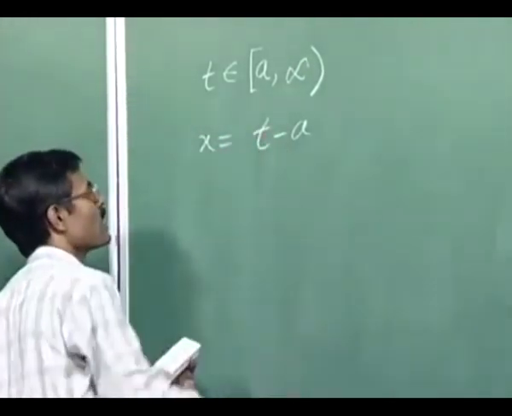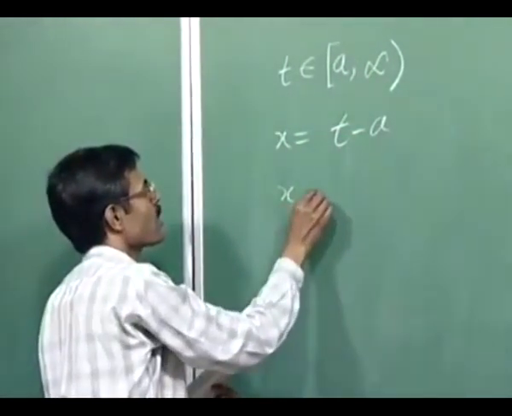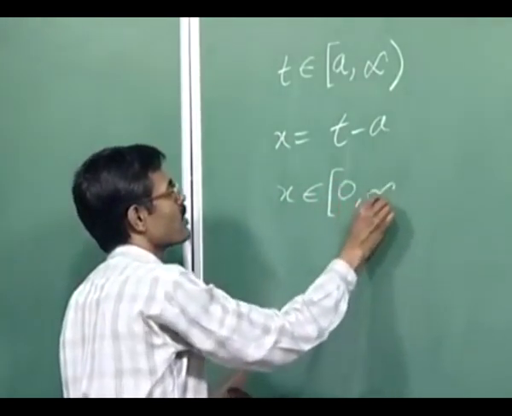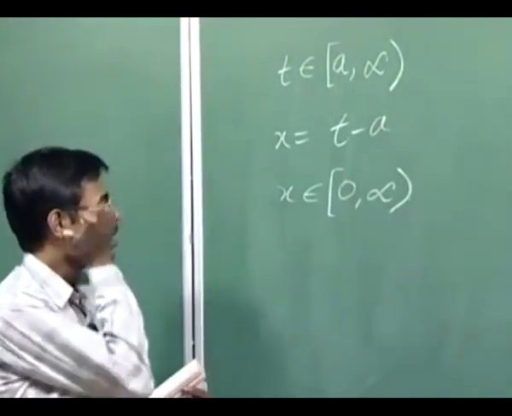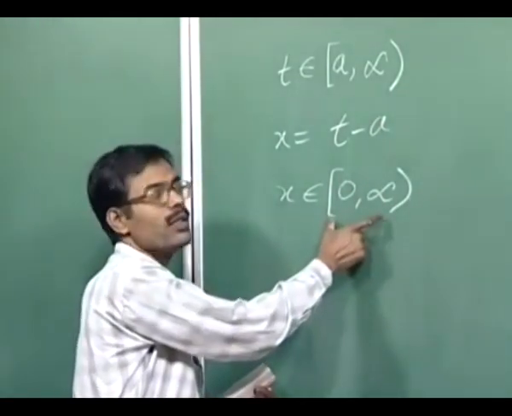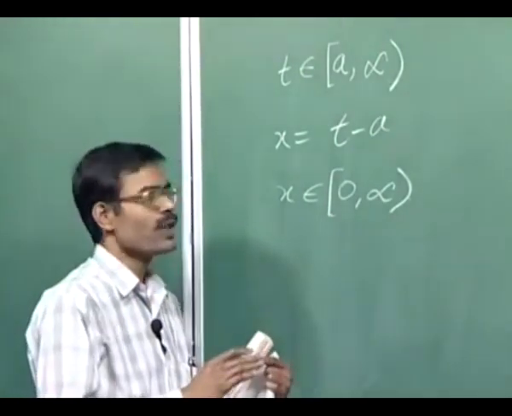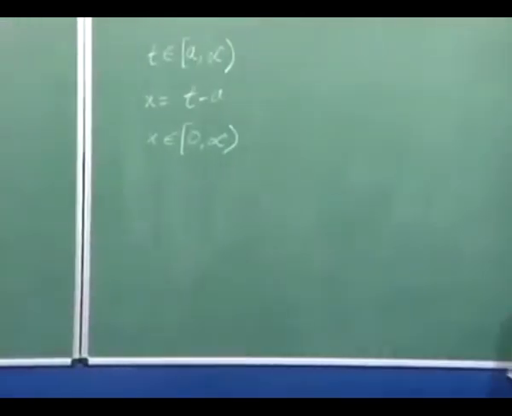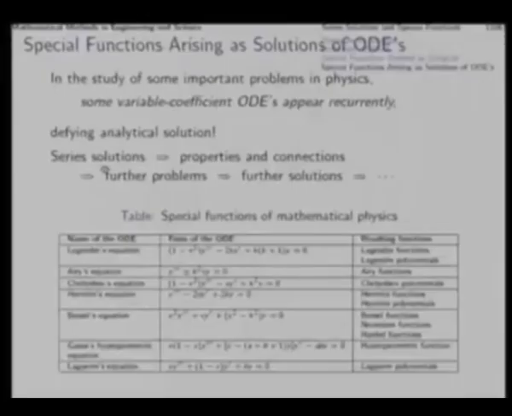So, if you use this rescaling, then as t varies from a to infinity, x will vary from 0 to infinity, which is a semi infinite interval. Now, in this you will need a family of eigenfunctions which will be orthogonal over the interval 0 to infinity, and if you look for the suitable family for that purpose, you see here